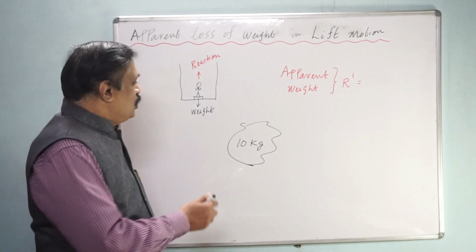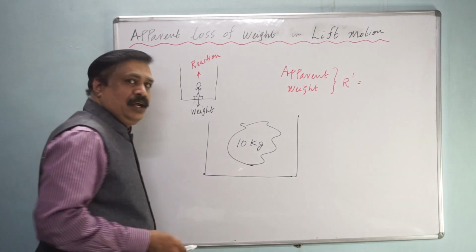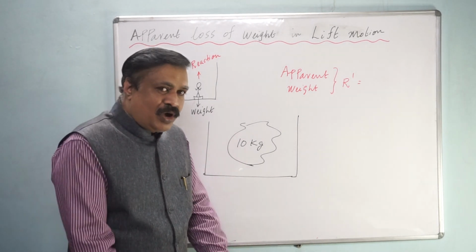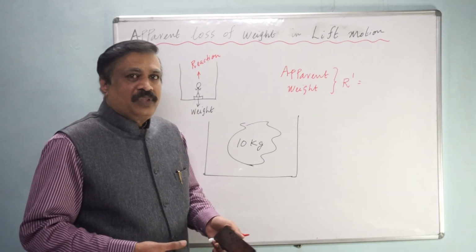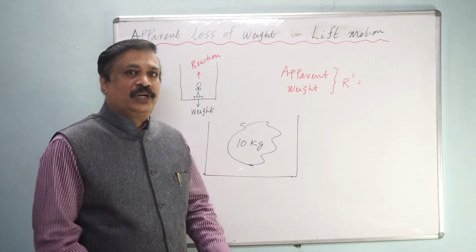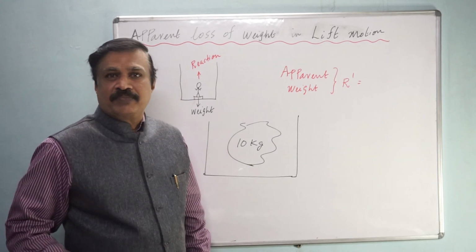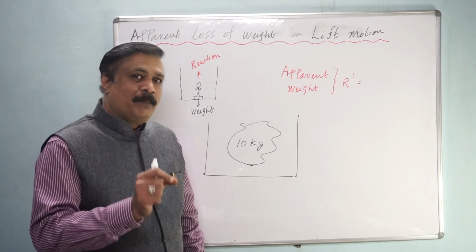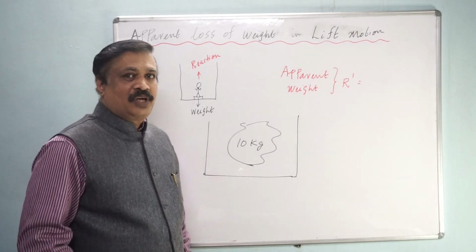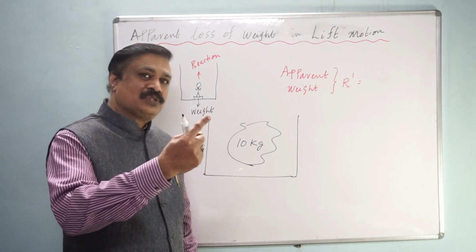Now if you put the same stone in a bucket of water and lift the stone inside the water, then its weight seems to be less. It is easier for you to lift inside the water. That means the stone is not dissolved, but you feel the weight is less. That is apparent. There is apparent loss. That is due to some theory.